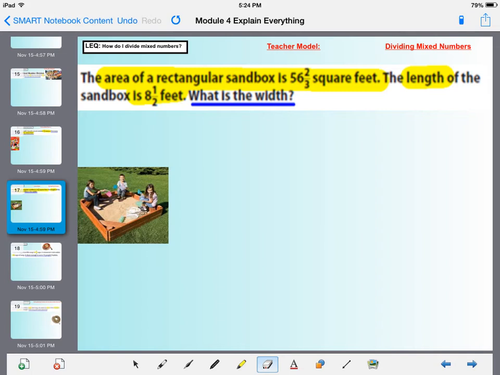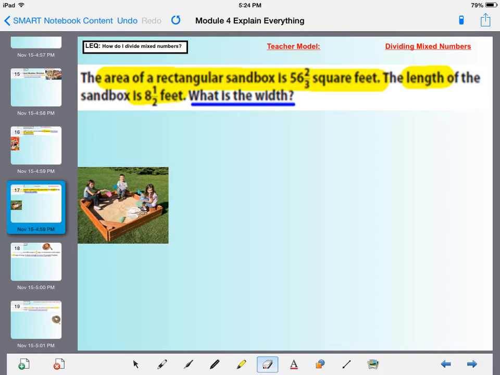I wanted to explore this question with you guys because this is very similar to that ScootPad question you guys saw, dividing fractions with area. This one says the area of a rectangular sandbox is 56 2/3 square feet. The length of the sandbox is 8.5 feet. What is the width? Well, our background knowledge, we should already know that the area of a rectangle equals base